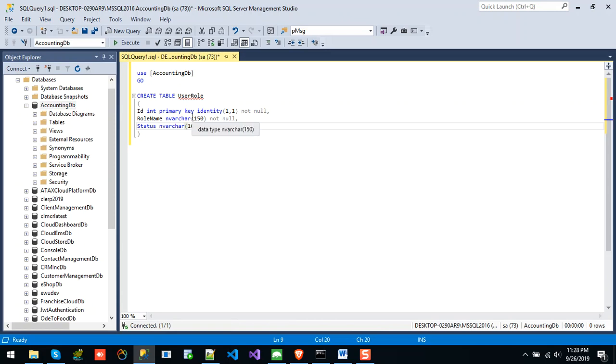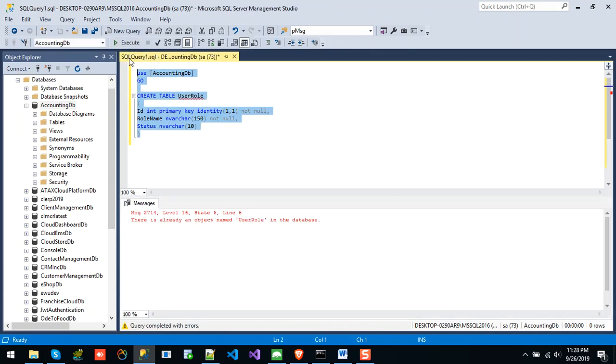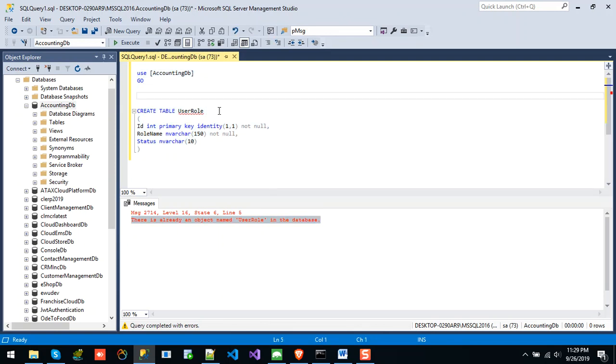Just we have to select and click on execute. It gives me a message: user table already exists, so we can add